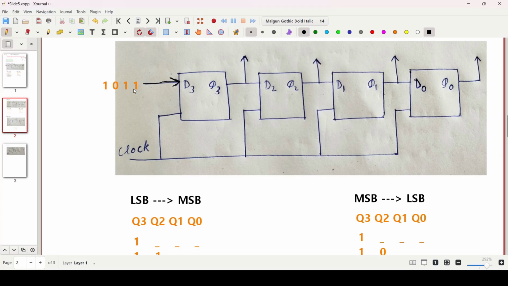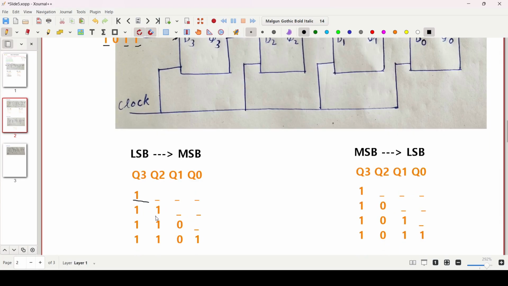Now LSB here is this one and MSB here is this one. First of all, let's start from LSB to MSB, that is, input from this side. So if we input 1, then Q3 will be 1, right? And if we input this one, then Q2 will be 1 and Q3 will also be 1. Why? Because